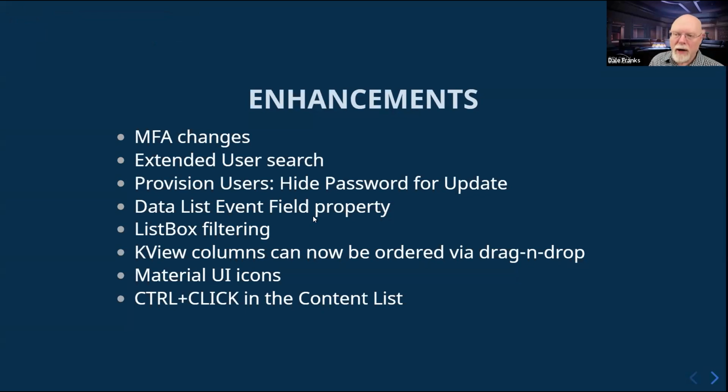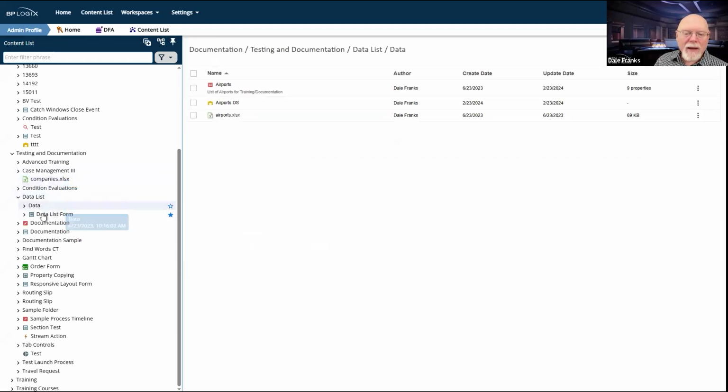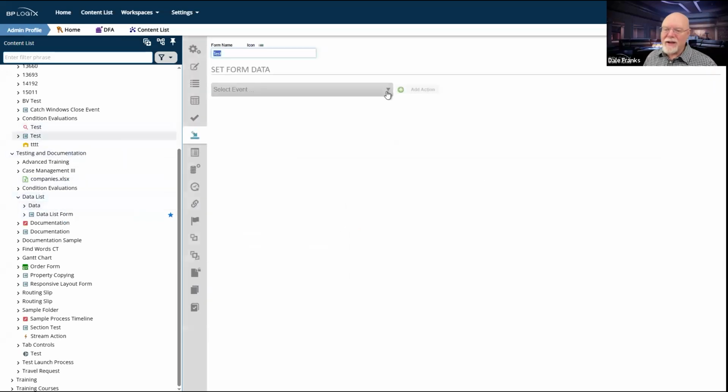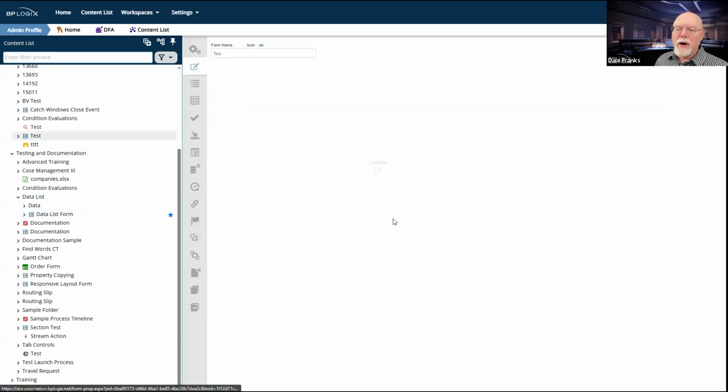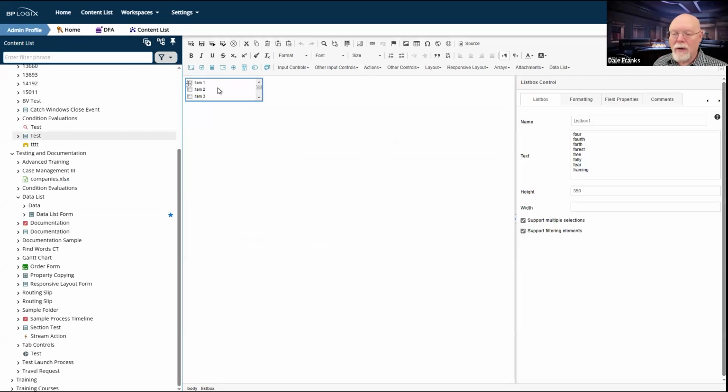List box filtering. Since we do type ahead in the drop-down control, what we decided to do was to do something similar for the list box control. So I have this list box control on a form, and it has all of the entries that I want in it.